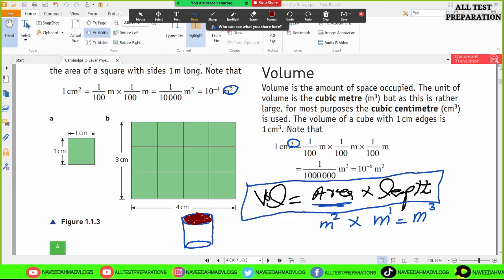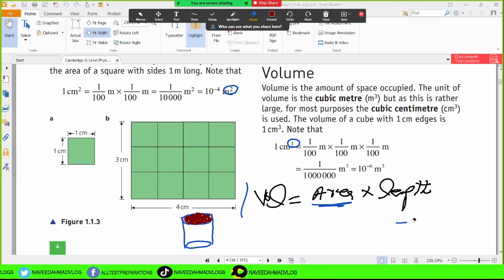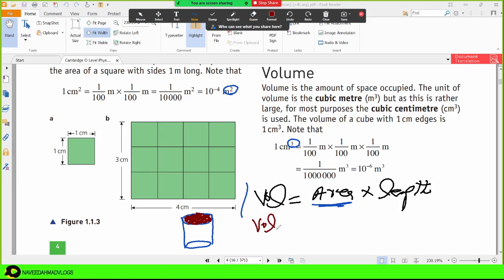Area of the circle का फॉर्मूला क्या है? अभी आपने few minutes पहले बोला मुझे. Area of a circle का फॉर्मूला था pi r square. So now I am going to change this volume into the volume of the cylinder, okay? And that will be equal to the area times length, okay? So area of the circle, that is equal to pi r square,